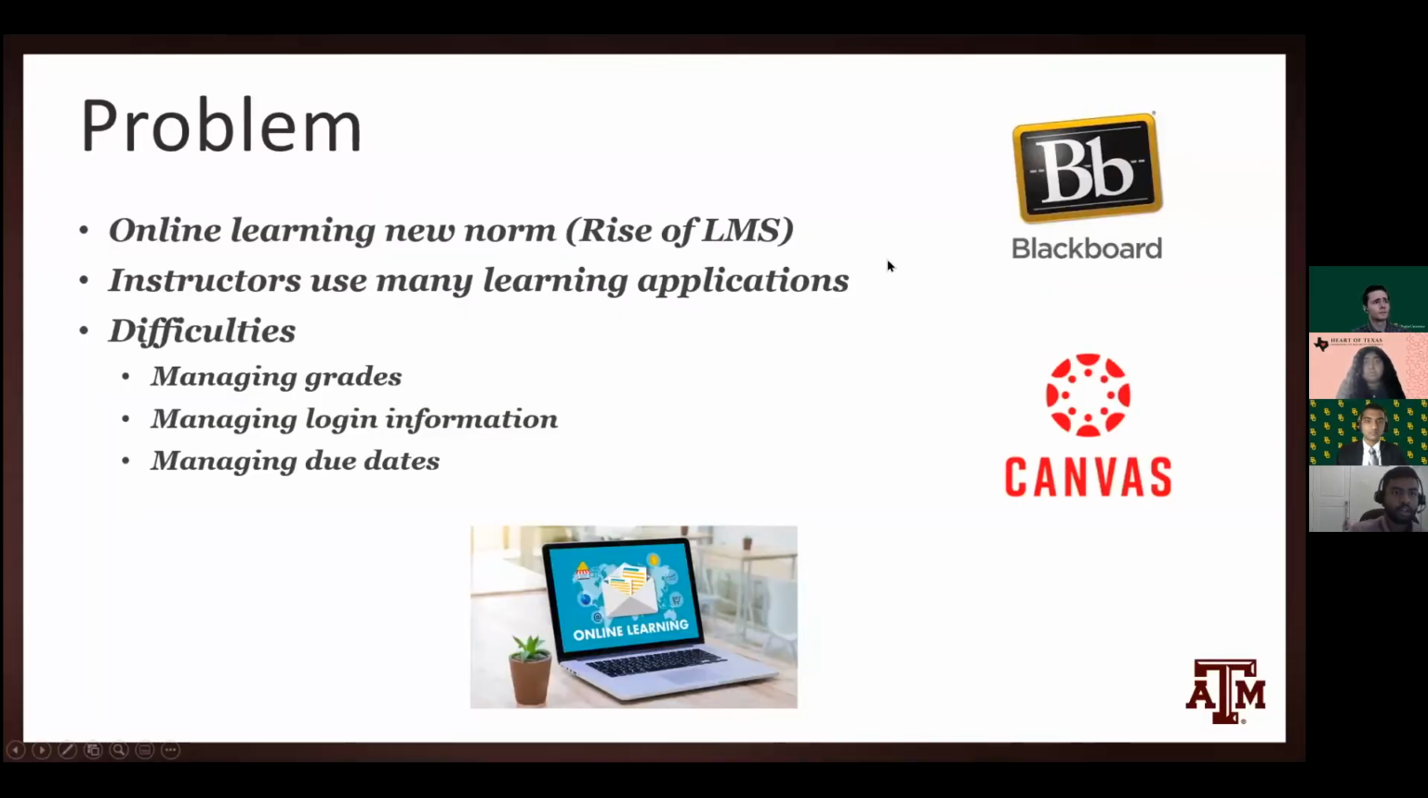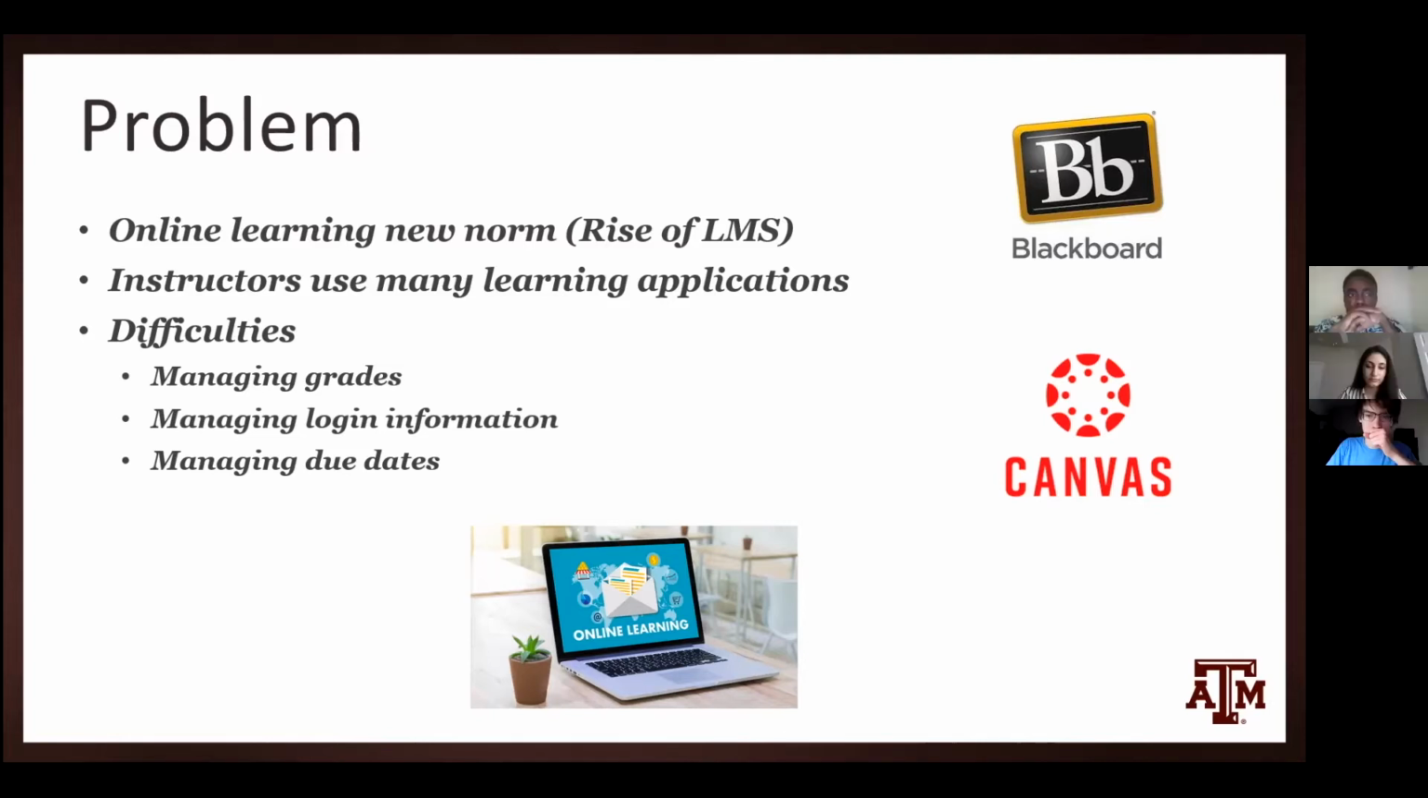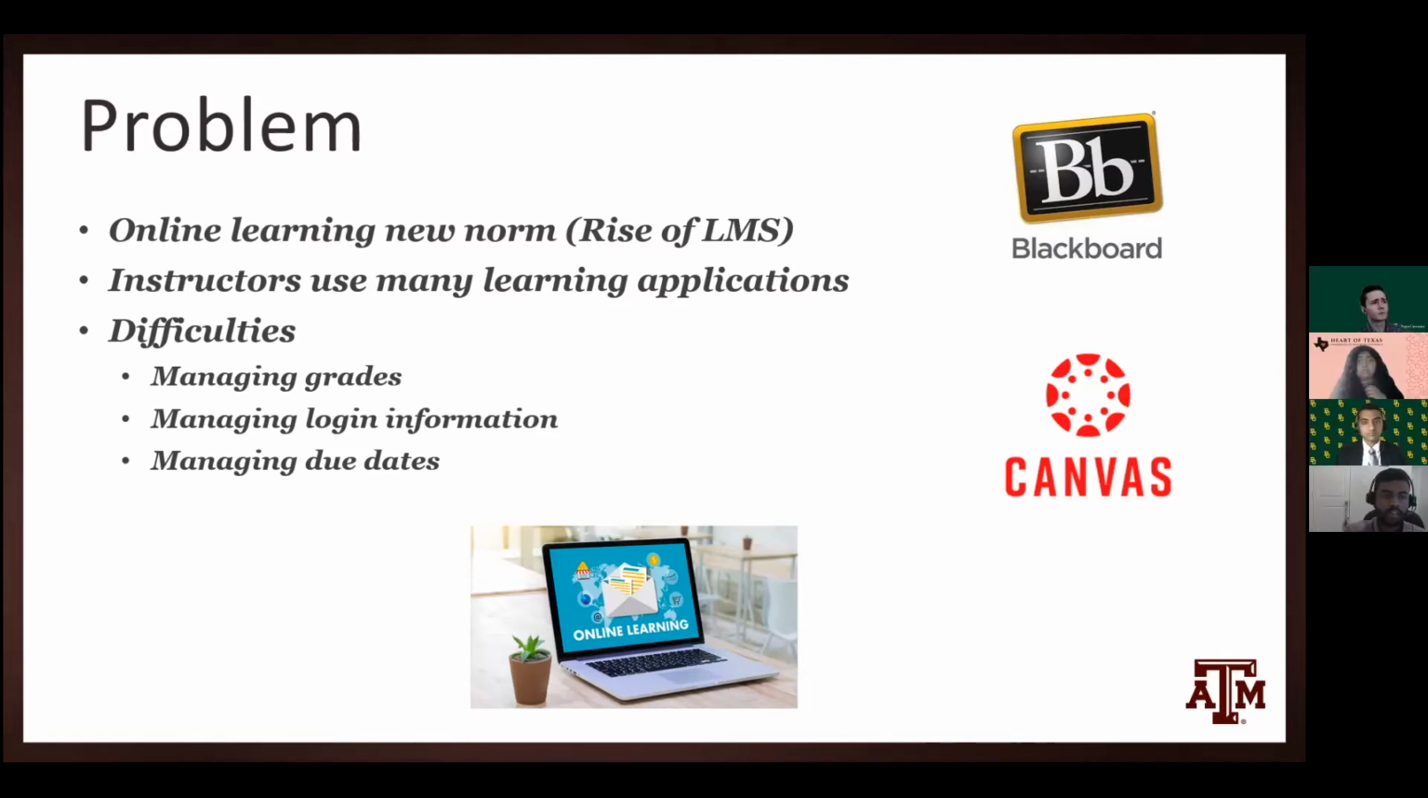So with online learning becoming the new norm, learning management systems such as Blackboard and Canvas play an increasingly vital role in higher education. This is shown in LMS's 24% annual growth rate. Currently, the top 3 LMSs are Blackboard, which holds around 31% of the market share, Canvas, which holds around 30%, and Moodle, which holds around 18%. However, recent trends are showing that Canvas is actually going to overtake Blackboard due to its better grading functionalities and